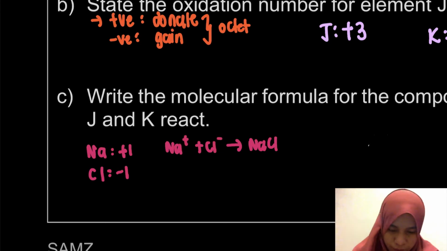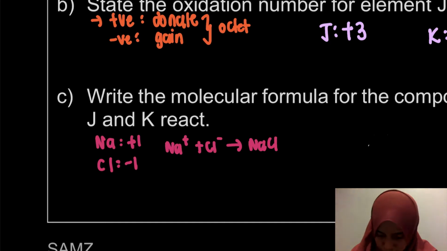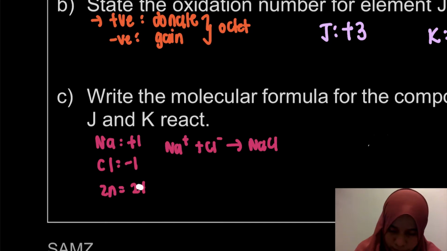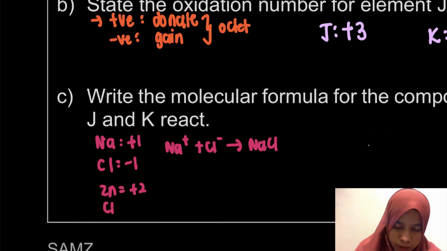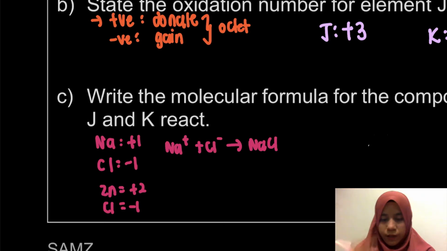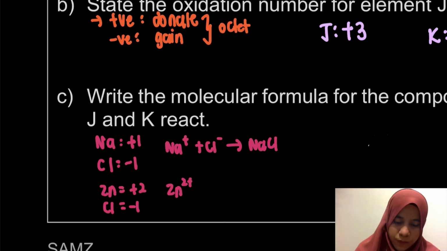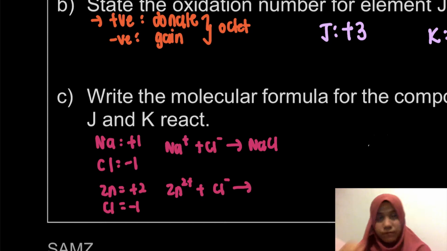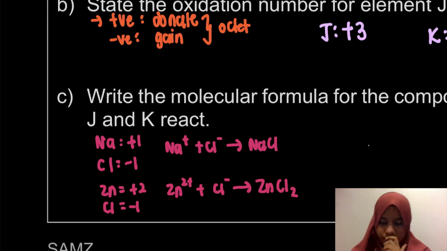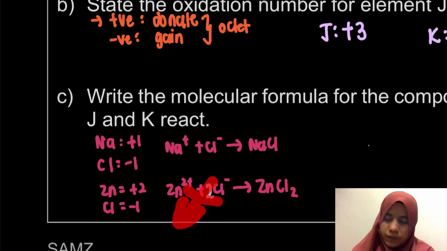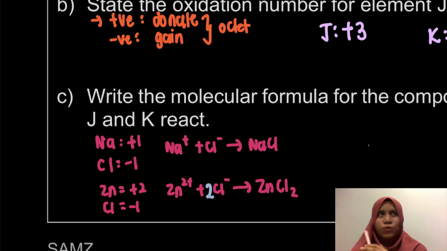If we have this case, let's do zinc chloride. Zinc is 2 plus. Chlorine is negative 1. When we add zinc 2 plus and Cl minus, what will it become? It becomes ZnCl2. In this case it's not balanced, so actually 2 Cl here. What happens is the charges will be crossed, cross multiplied. Like that. So it becomes zinc